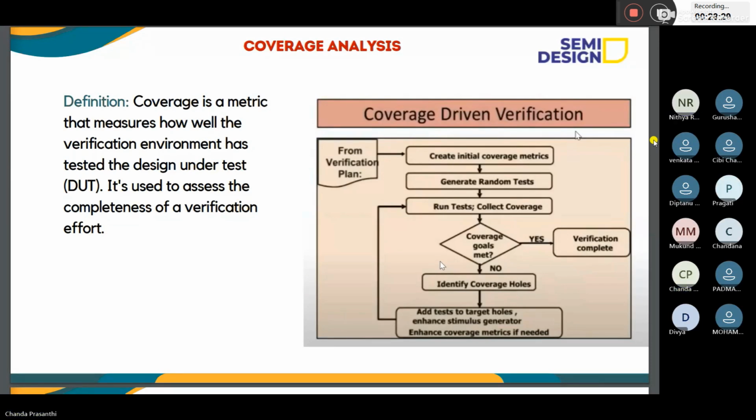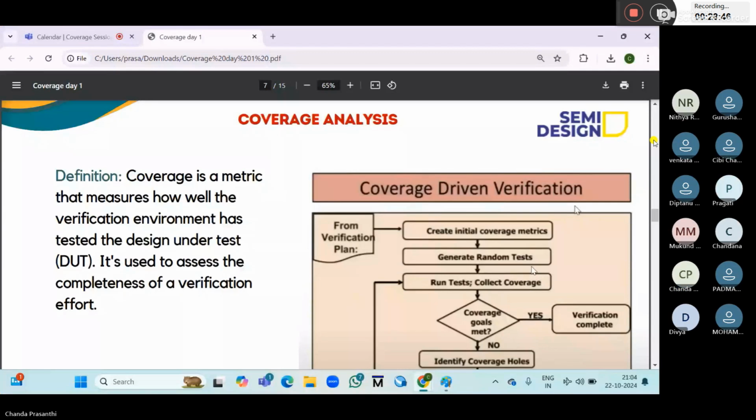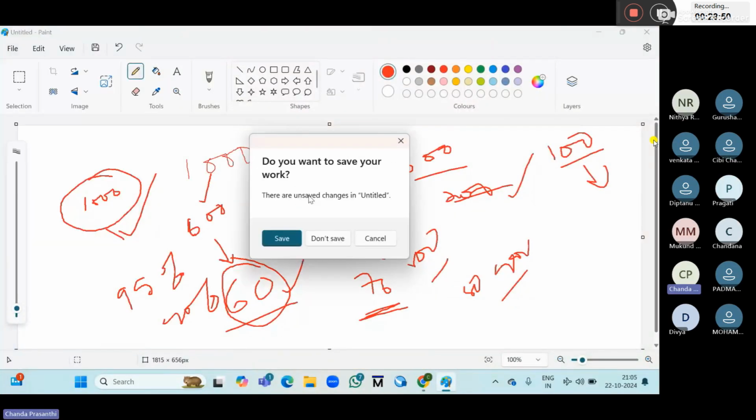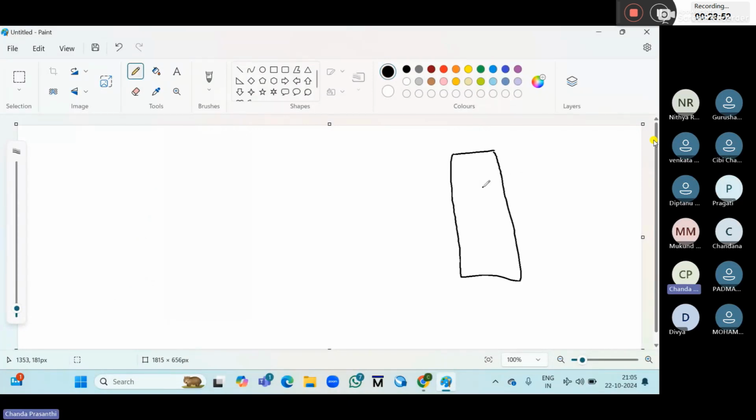First of all, as you said, the design specification is there. In that specification, every scenario will be mentioned, right? So you need to write all test cases according to those scenarios. Suppose there is a design. To verify this design, we can write 100 test cases, we can also write 10 test cases, we can also write one.